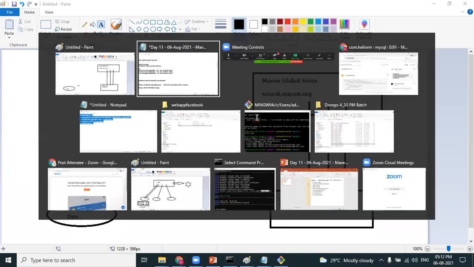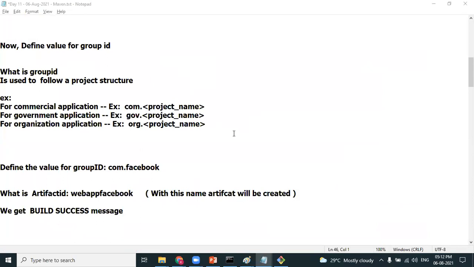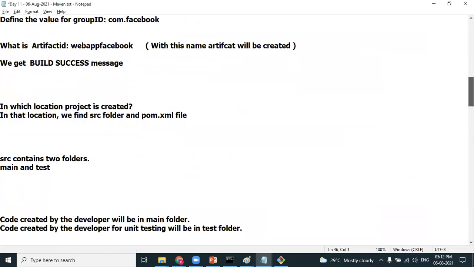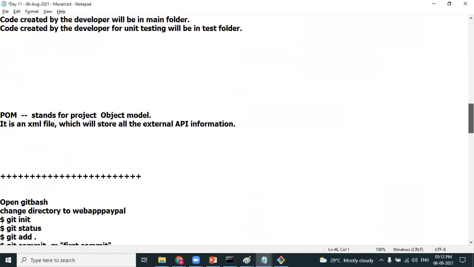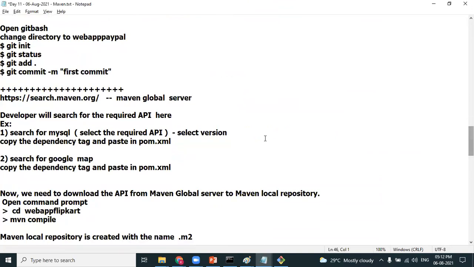Now look at this. The developer searches for the required APIs. For example, he searched for MySQL and Google Map, then copied the dependency tag and pasted it in the pom.xml file.